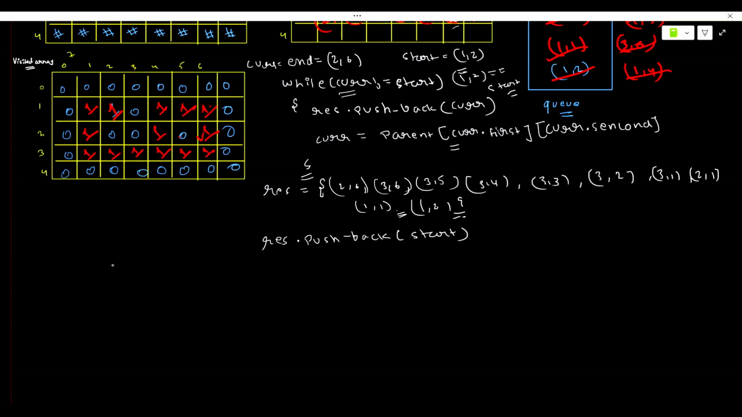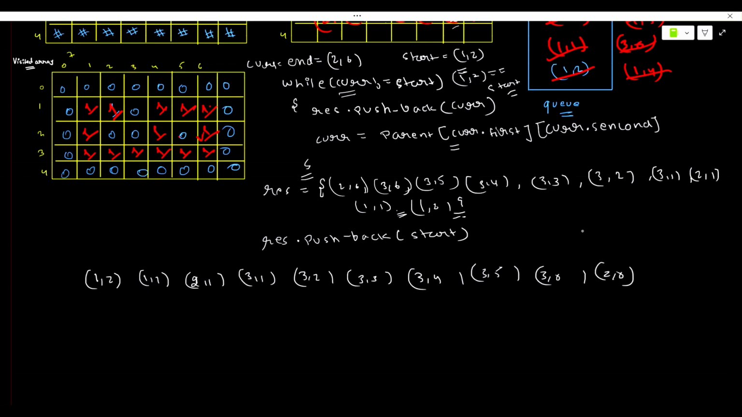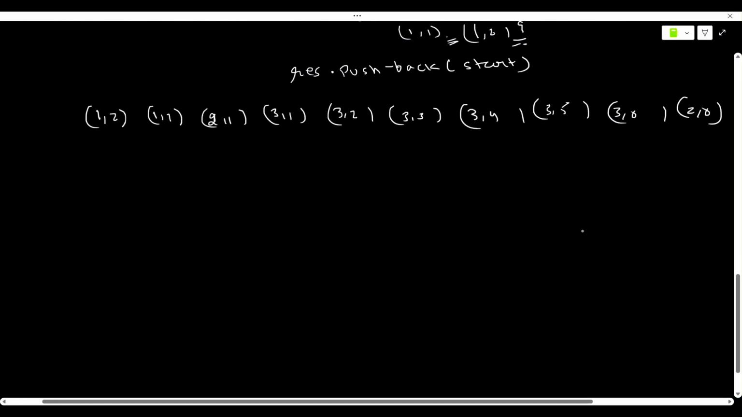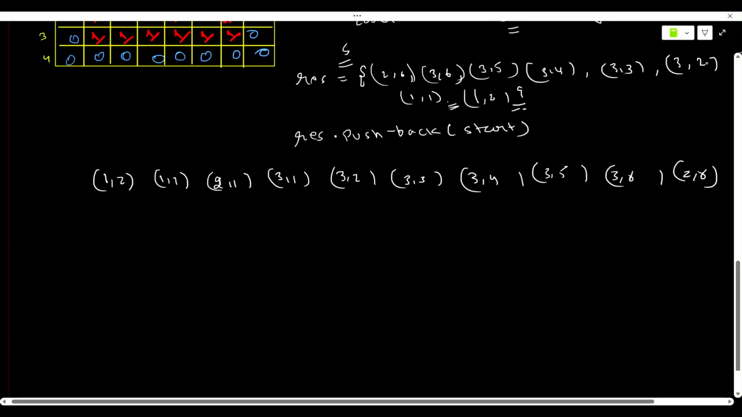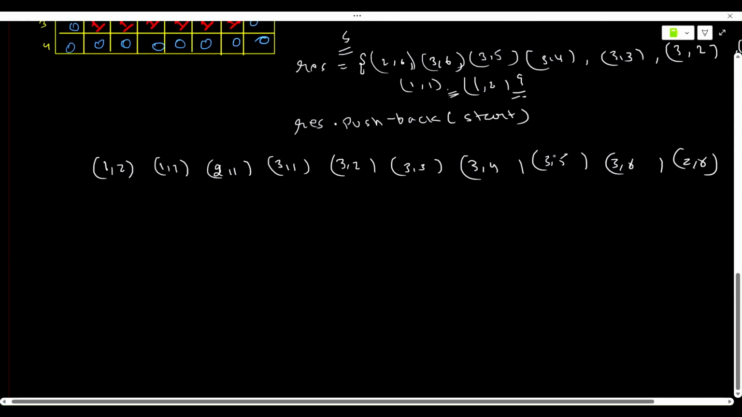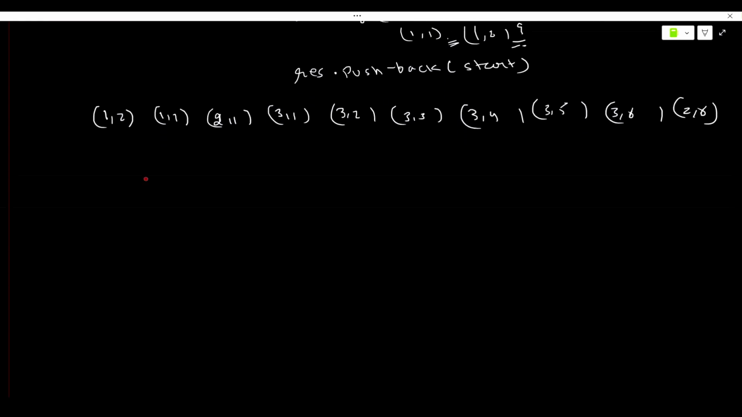Now you have to reverse it. So after reversing you got 1 comma 2, 1 comma 1, 2 comma 1, 3 comma 1, 3 comma 2, 3 comma 3, 3 comma 4, 3 comma 5, 3 comma 6, 2 comma 6. And to print 2 comma 6, right? It is 2 comma 6, right? Perfect. Now to print it, you found that